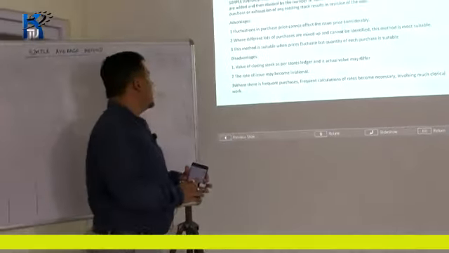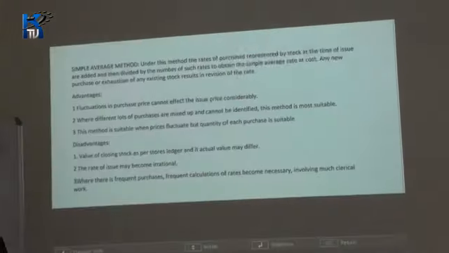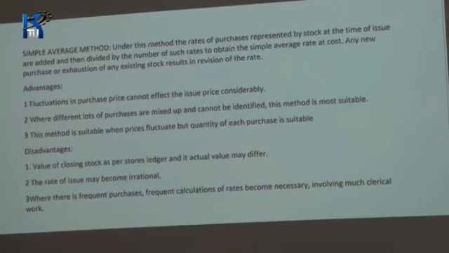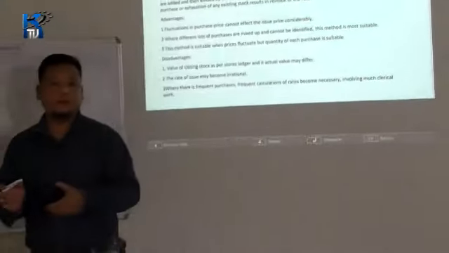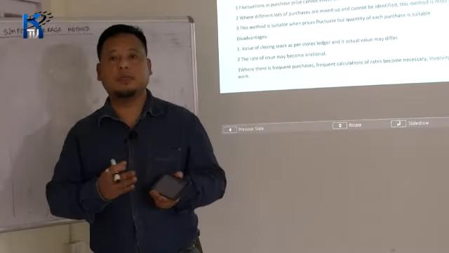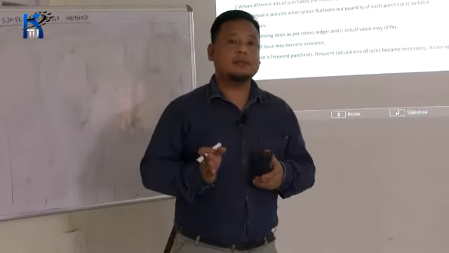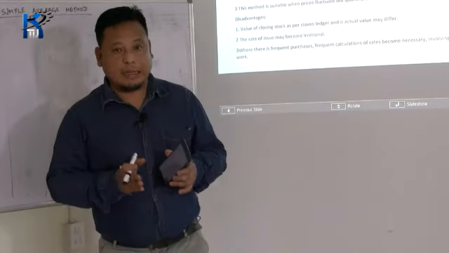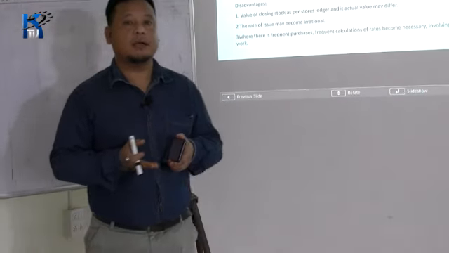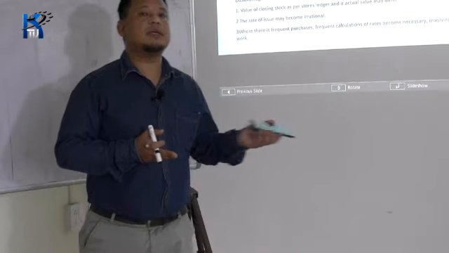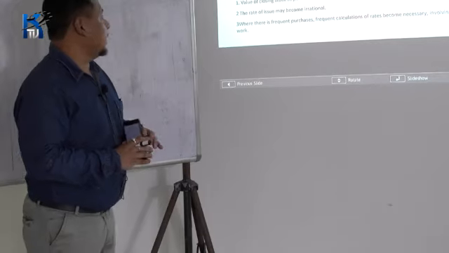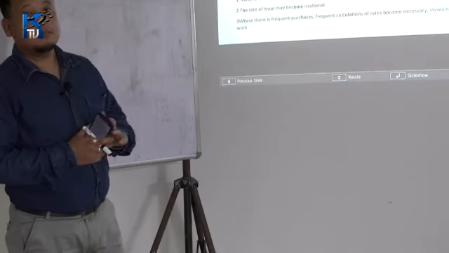So now we will start with another method, simple average method. Previously we had done FIFO method and LIFO method. Under FIFO method, falling prices was suitable, whereas in LIFO method, rising prices was suitable. But in reality, the rate of these materials fluctuate. They don't constantly increase or constantly decrease. So another method has been adopted, that is the simple average method.